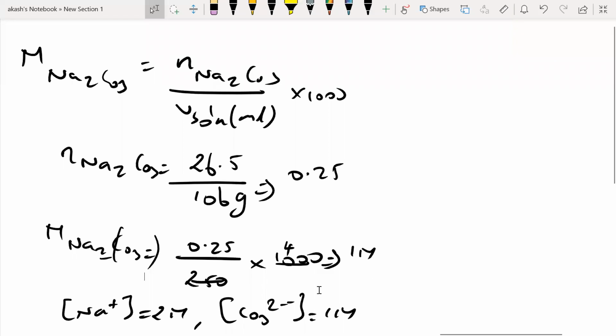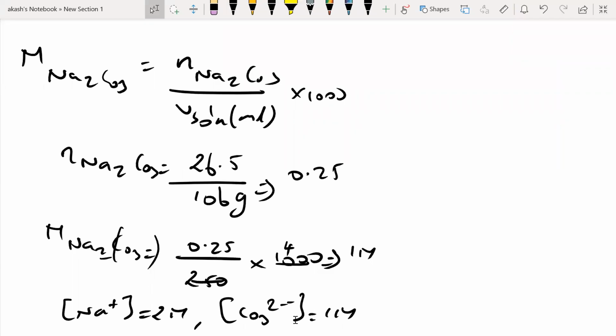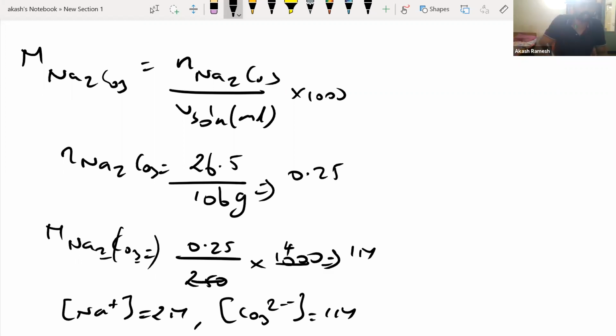Sir, why can't it be 3 moles of CO3? No. The question was what should be the concentration of CO3 2 minus itself, right? Sir, I asked why aren't we multiplying by the 3 moles? Oh, see, this 3 is only for oxygen. This is not for the entire carbonate. This 3 is for oxygen alone, and we are not speaking about oxygen. We are speaking about this ion, the carbonate ion. This is the entire ion here.